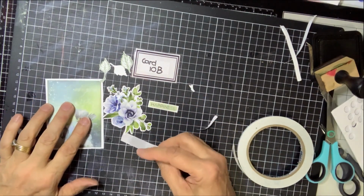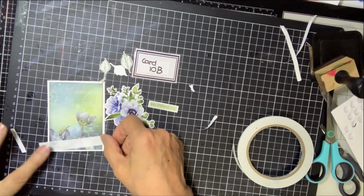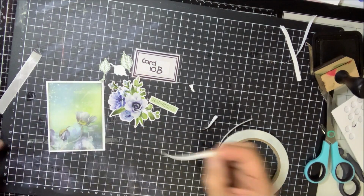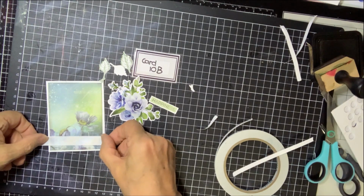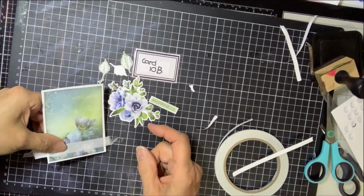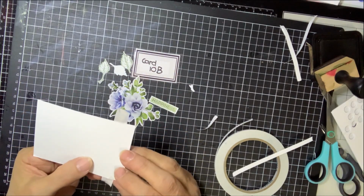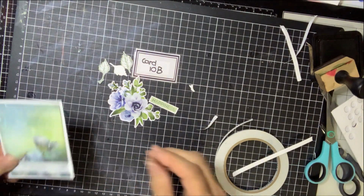I also do have some ribbon once again, and it needs to be about 1/2 an inch from the bottom. So once again, just pop your tape down, and as you can tell, your tape goes past your card. Stick your ribbon, lay it nice and flat, then take the whole lot off, and by rights the tape should come off. Now bend any sticky that's left over from your tape, and then just fold that nice and tight and make sure it's well attached. And there we have our